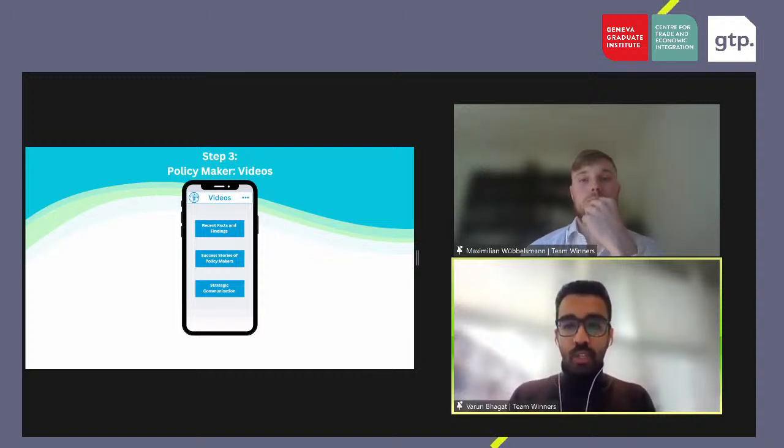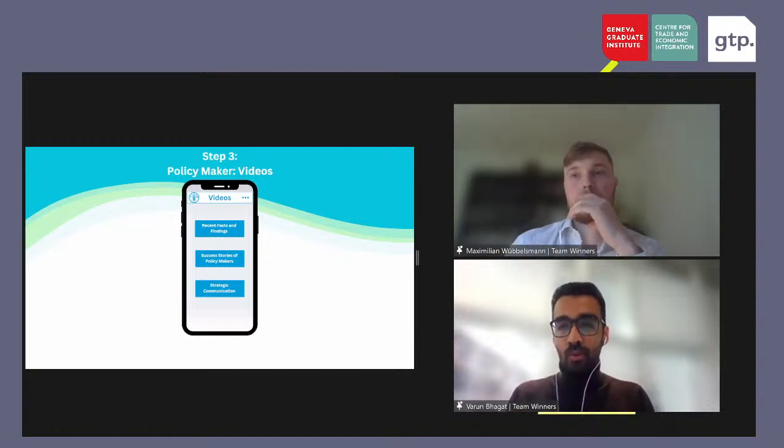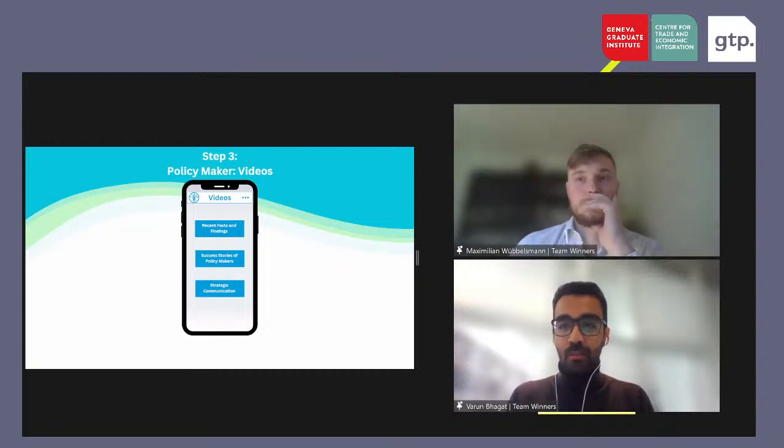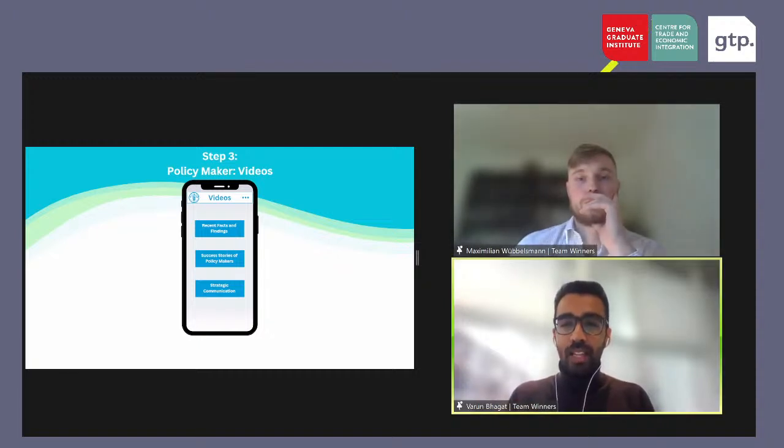There will be success stories, short clippings of policymakers that actually led and made that development happen in their regions, so that other policymakers could learn from their insights and implement the same. Lastly, in terms of strategic communication, the idea behind this subsection is to enhance the soft skills of the policymakers, so that once they are engaging with the community of farmers, they can really stress communication and motivate them to make the push towards a greener, sustainable farm.